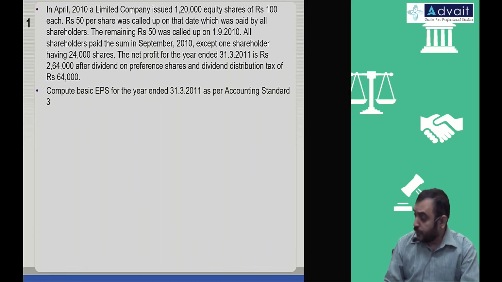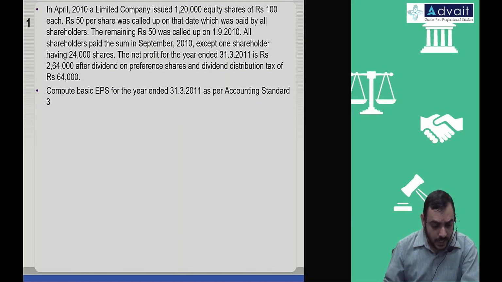Okay, you can do it in two ways. First, let us do it in the month by month method. As on 1st of April 2010, the company issued 1,20,000 shares of 100 each, but the called up and paid up amount was only 50 rupees. That continues till 1st of September, and on 1st of September, the remaining 50 is also called up. So, from 1st of April 2010 to 1st of September 2010,